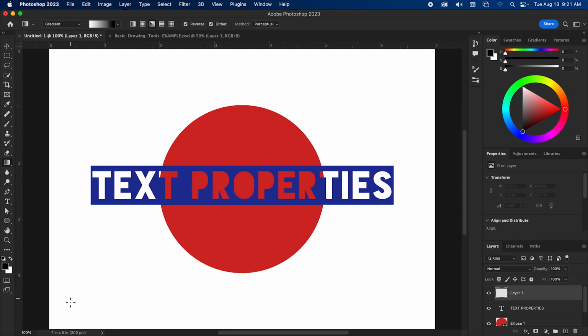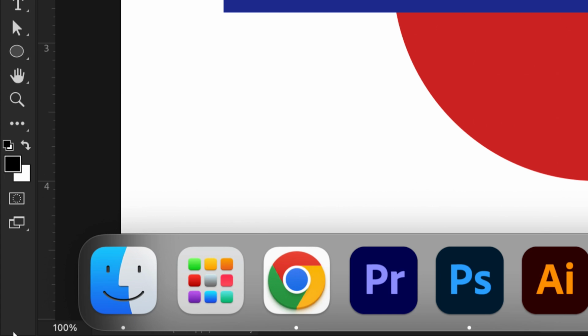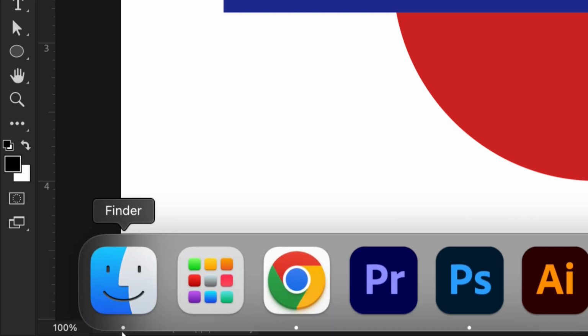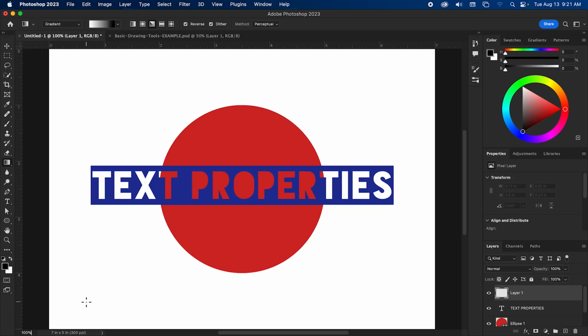The last few things I want to point out: your zoom level. I'm going to zoom in down here. Sorry about the dock. Your zoom level is going to be displayed here, as well as your document size and resolution.